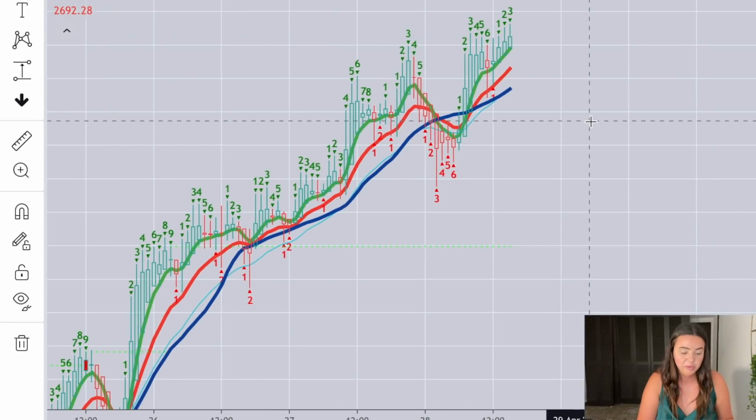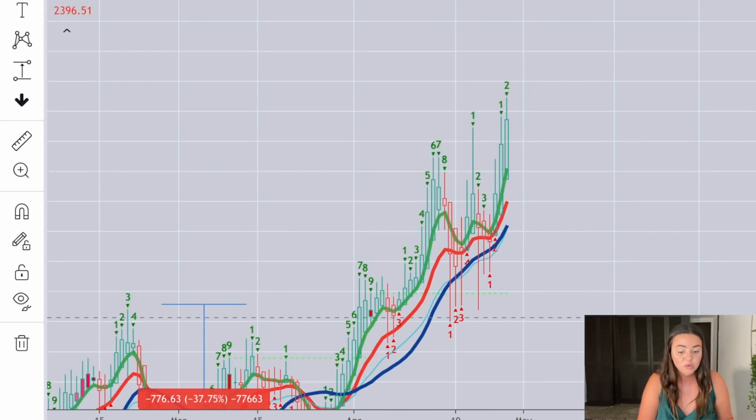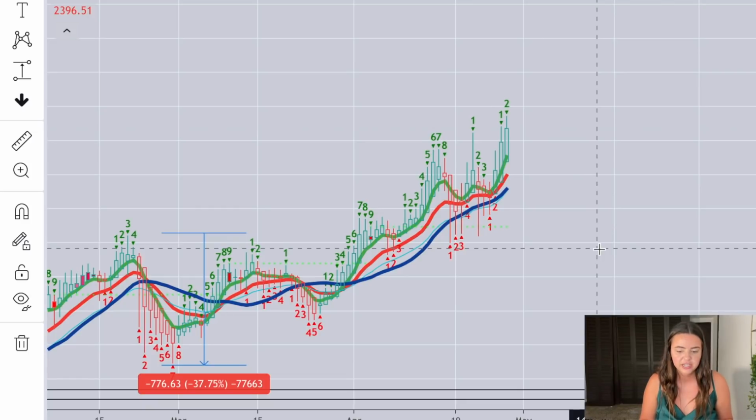At the same time though, Ethereum looks extremely bullish, like it has a lot more room for upside. It looks like it has another week even of upside. So that's something to take into consideration. Of course, I might be selling Ethereum too soon, but for me, I started buying Ethereum at $7, okay? So I feel comfortable taking a little bit off the table, and worst case scenario, I sell a little bit